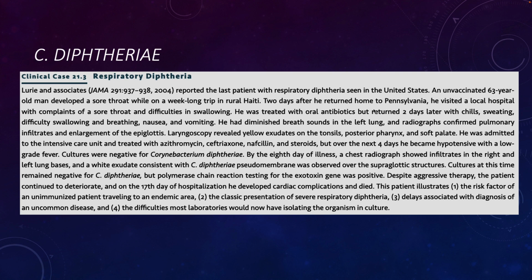Lots of things grow on blood agar, and the organisms of the upper respiratory tract, that normal microbiome, could outcompete diphtheria on that plate. So in the absence of using that specialized media, the only way they were able to